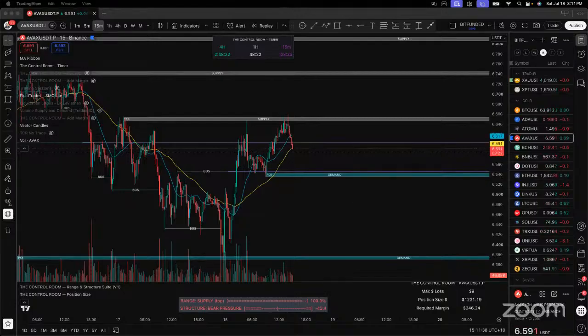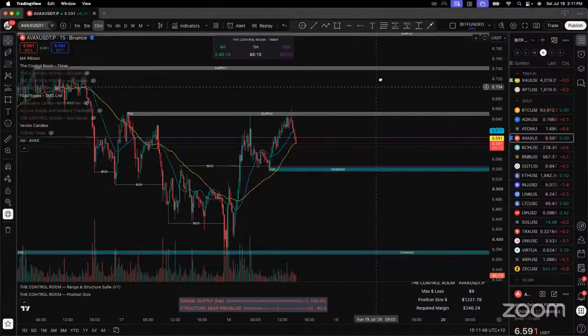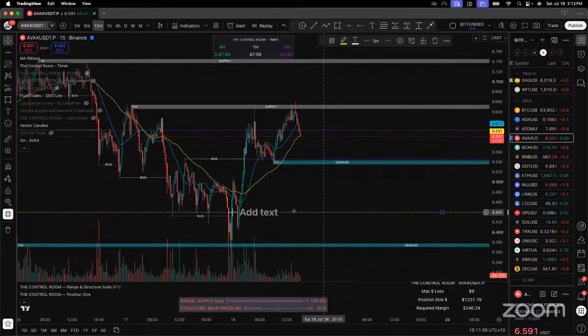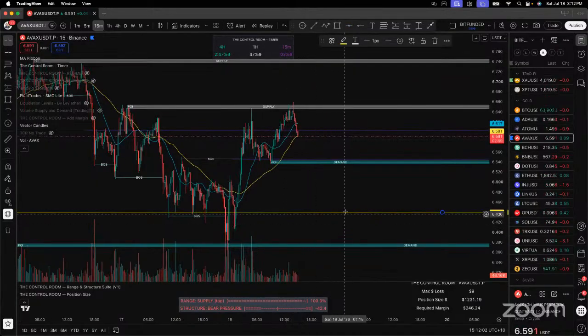So the trades we've got, what is this? AVAX. Where's my entry? I don't think it's that flash actually. Yeah, it's not that great. It's all right. 644 even. There. That's my entry.